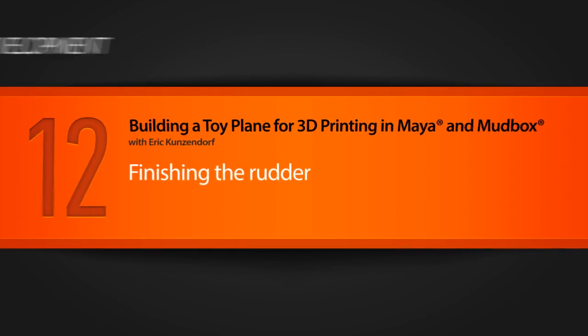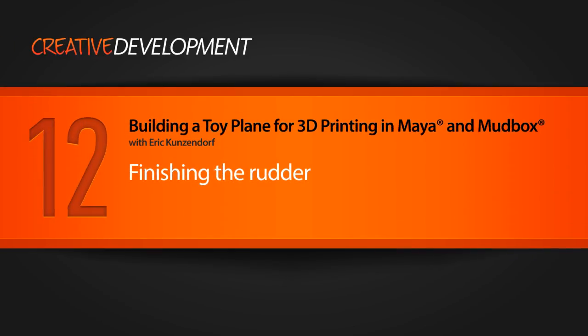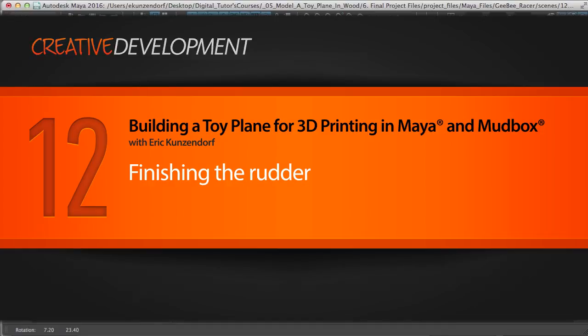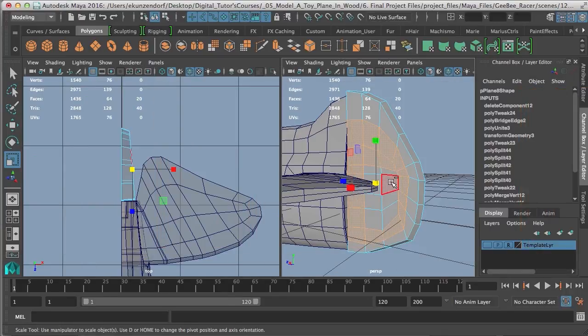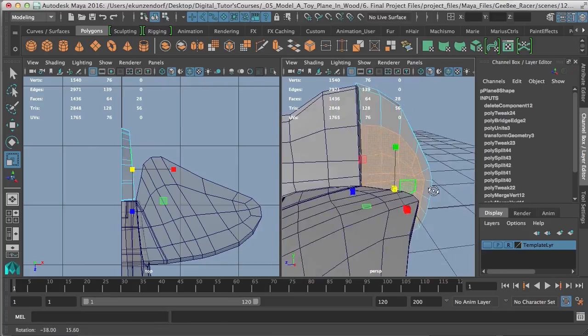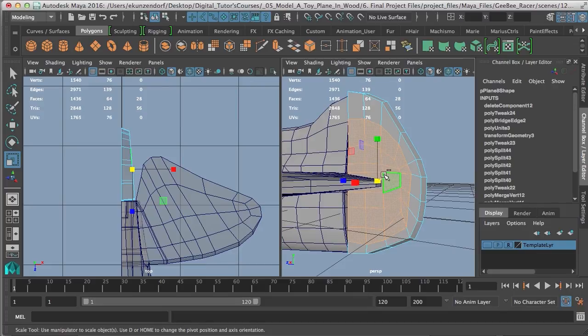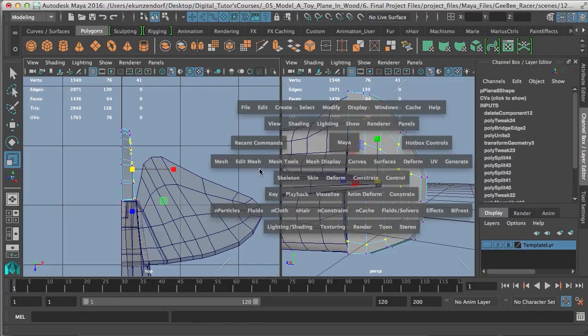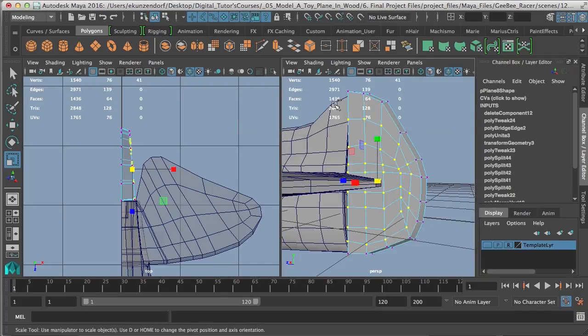In this video, we're going to go ahead and model the rudder and shape it and give it a little bit better look than what it has right now. So first thing I'm going to do is grab these faces, and then I'm going to command right click and select vertices, and then I'm going to average these vertices. And actually, I'm going to deselect these vertices there on the center line, on the line with the rudder,